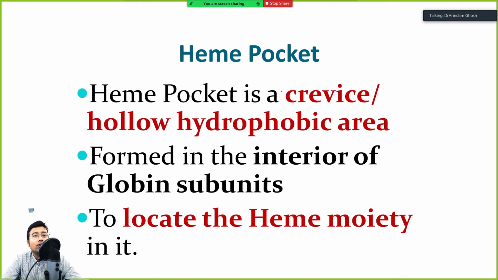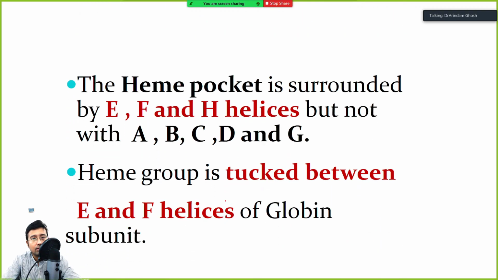Now, we have discussed the heme pocket in our previous lecture. We saw the heme pocket is basically a central zone, in the central hydrophobic zone. So every tertiary structure has a central heme pocket. It's a crevice in the hollow hydrophobic area, and it is there that the heme moiety, that is the ferrous iron, is located. Since it is in the interior, we should know the relationship of the helices in relation to the heme